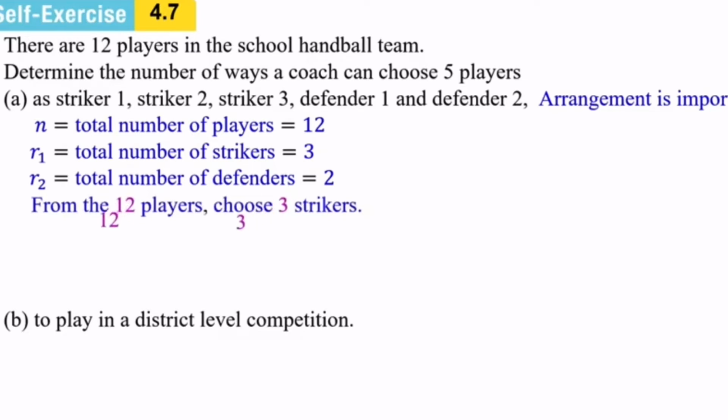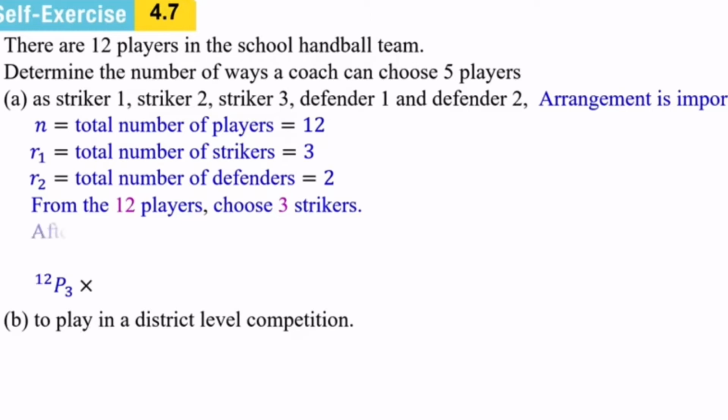So we will start with n, which is 12. We follow the order, so we won't use C, we will use P. Why? Because the order of striker 1, 2, 3 is there, right? So it's 12P3, followed by the multiplication rule. After we choose 3, that means 12 minus 3, the balance should be 9,